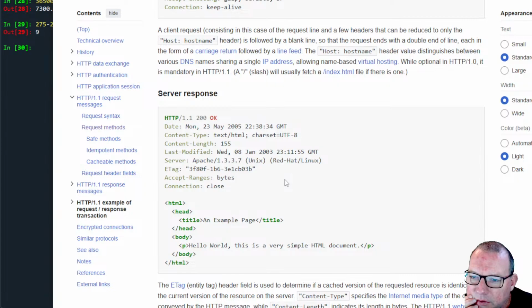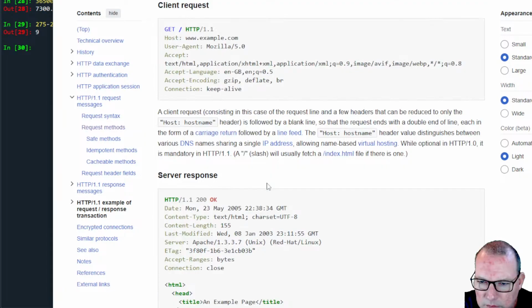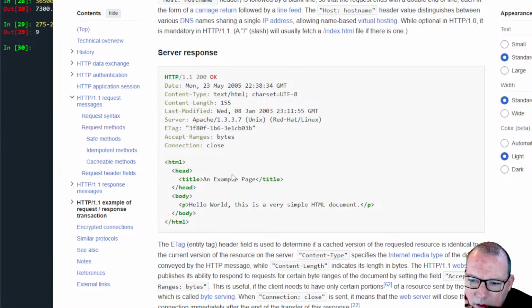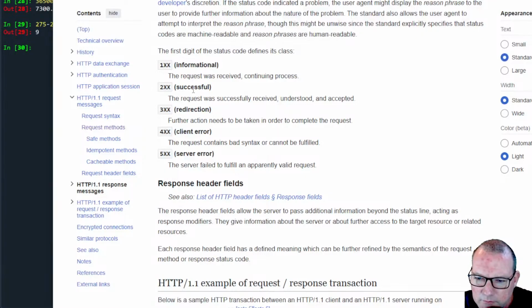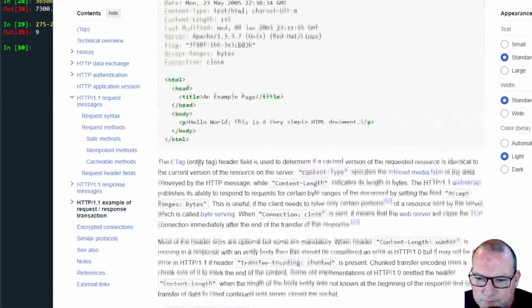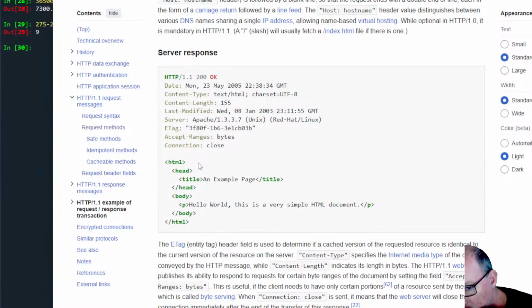A client request consisting, in this case, of the request line and a few headers that can be reduced to only the host name header, is followed by a blank line. Is that this one? 1.1, 200. Okay, so 200 is a good one. 200 is successful. Yeah, I think I remember that. Server response looks like